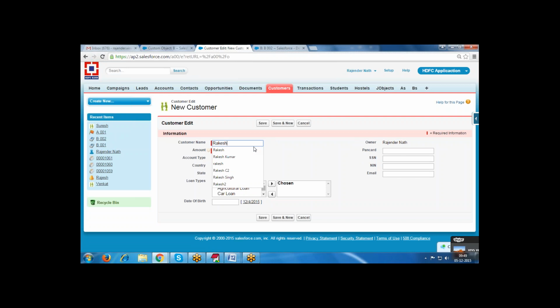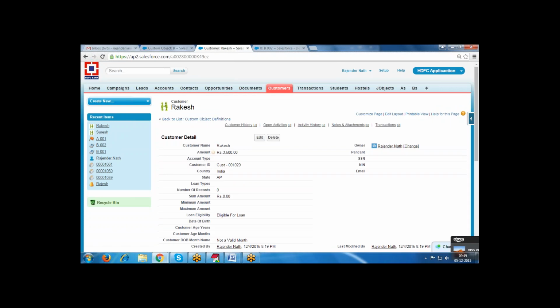Rakesh, 5000. Country equal to India. State equal to AP. 30%. One second here. We have one clone option.